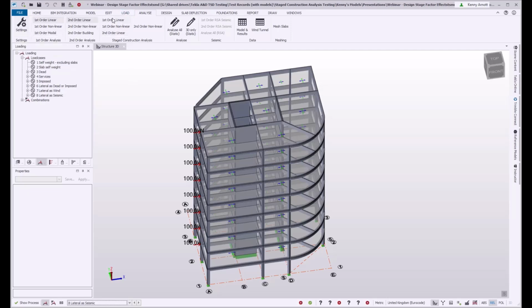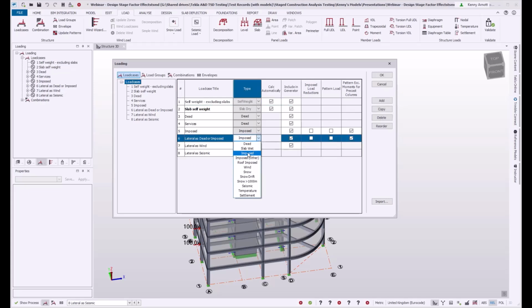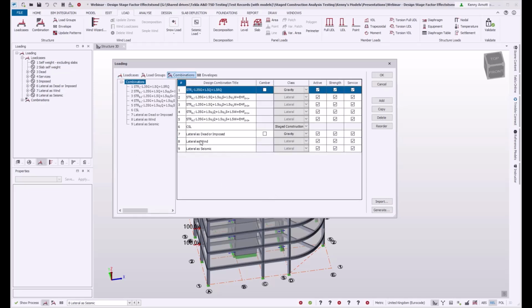When I go and look at my load cases, this is where we see the only difference is that these 3 load cases have different names, but what's important is this load type, where it's imposed, wind or seismic. And then I've included those load cases in 3 combinations that are basically identical.